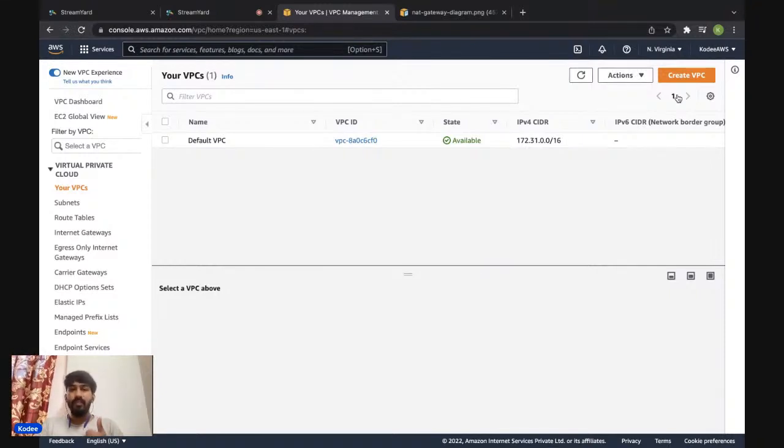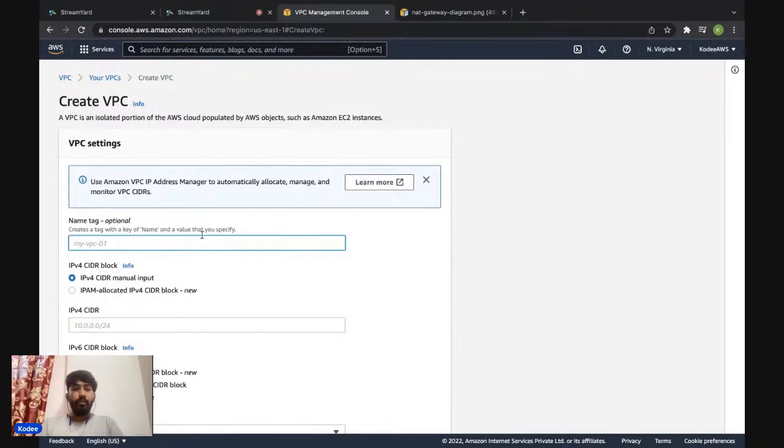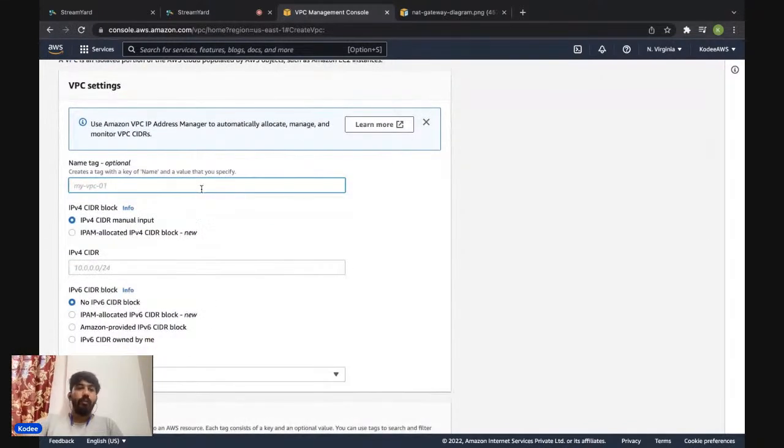So now let's start with the first step. I'm just noting it down here in my notes so that it will be better for me to track. So first thing I'm going to create a VPC. Okay. So click on create VPC. So the first thing, provide it a tag. That's a name. It's optional, but still it's better to provide it. I'm going to name it as AWS Architecture